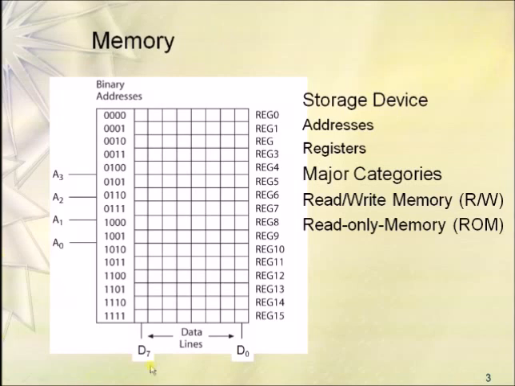If I'm going with a writable as well as readable memory, then it will have a read signal, write signal, as well as a chip select signal. But when you go with a read-only memory, then it will have only two control lines: a read signal as well as a chip select signal. Here, as we have 4 address lines, it contains 16 memory locations in total, where each memory location's capacity is 8 bits. Why? Because here we have 8 data lines.